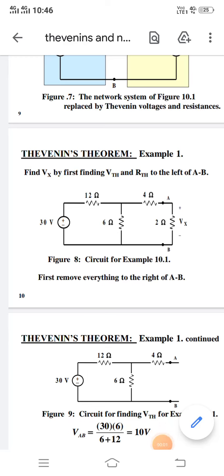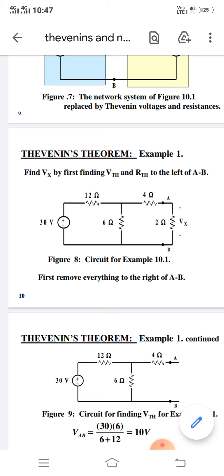Let us discuss Thevenin's theorem. Let's look at this problem, example 1. This network has one 30 volt voltage source and four independent resistors, like 12 ohm,